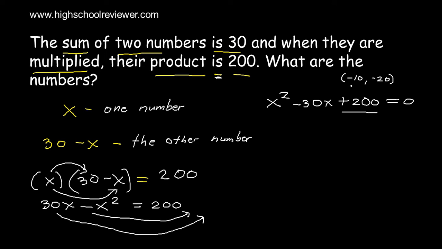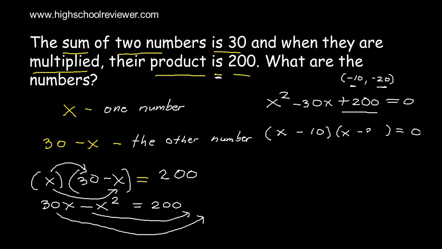So let's try to use these factors of positive 200. So we are going to factor out. So x, and then we have here x equals to 0. So the factors of positive 200 that we will use will be negative 10